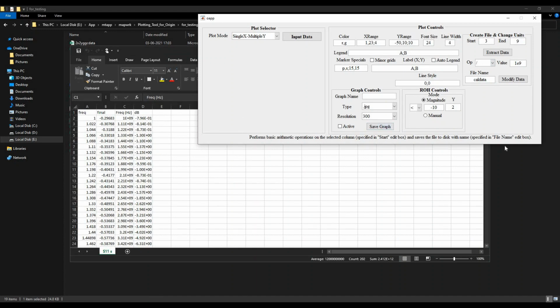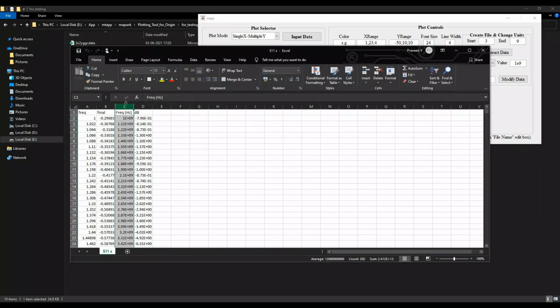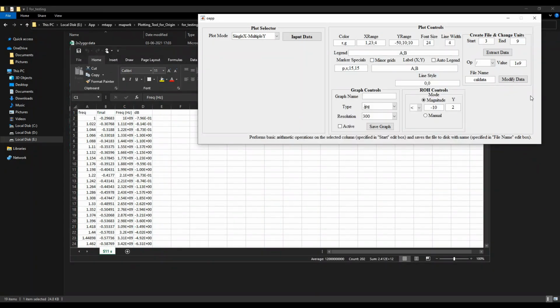You can see the message displayed over here, and this is the third column where I want to convert the hertz to gigahertz values. For conversion to gigahertz, I am dividing the values by 10 e power 9. So the output file name I would like to save is s11sw. So by clicking on modify data,